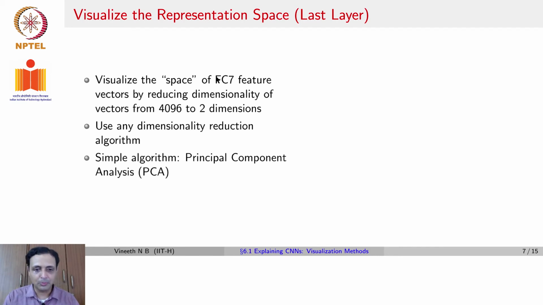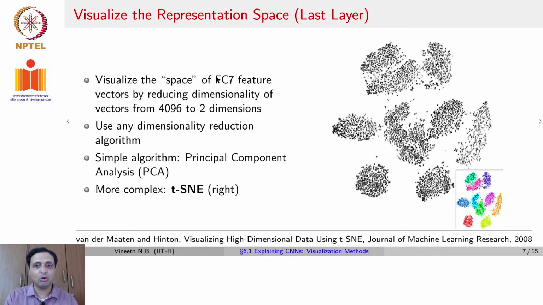A more popular approach, which is considered to be a very strong dimensionality reduction method, is also t-SNE, which stands for t-distributed stochastic neighbor embedding. This was a method once again developed by Hinton along with van der Maaten in 2008.